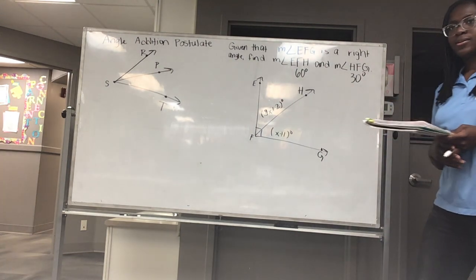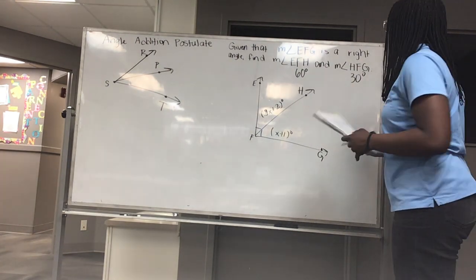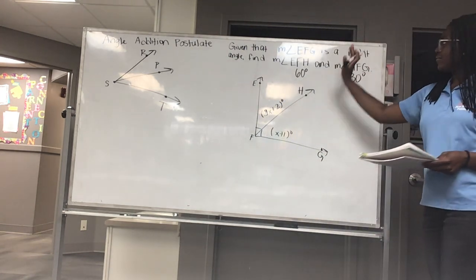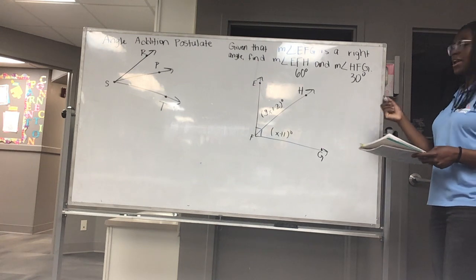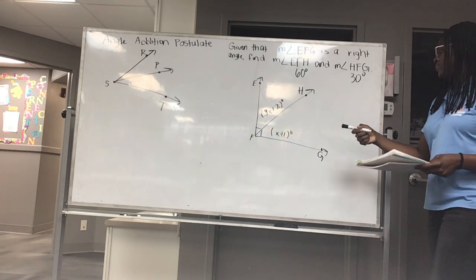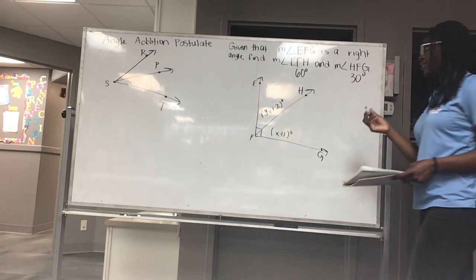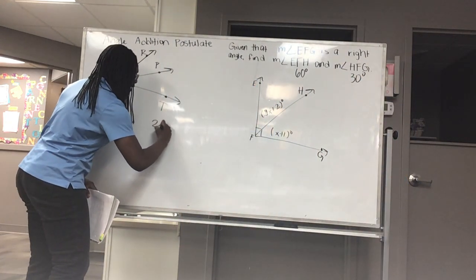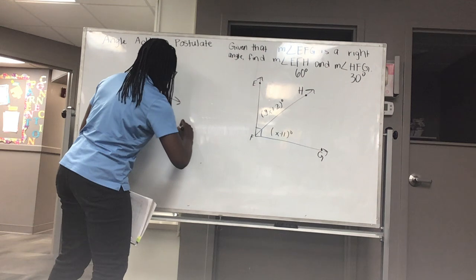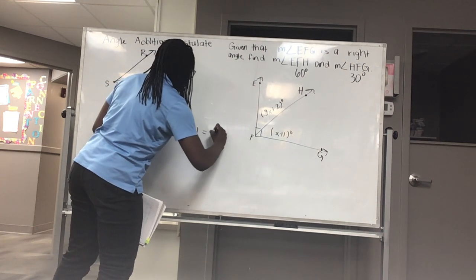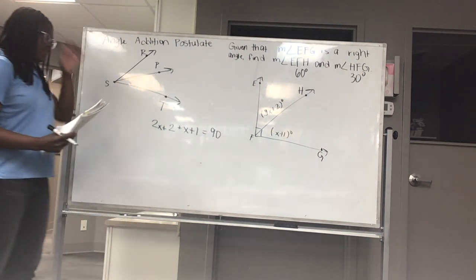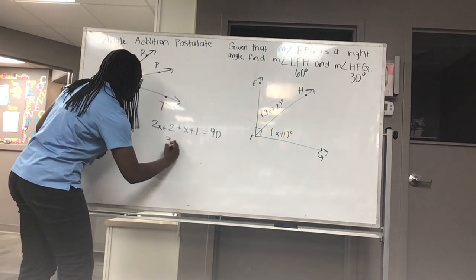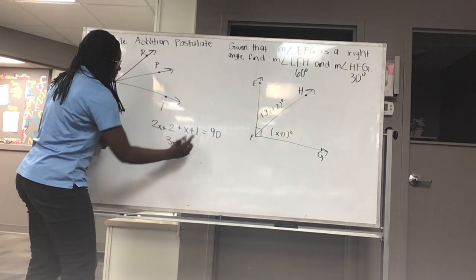Yeah, can you just write out the equations? Yeah. So because we know that EFG is a right angle, that's the total, we know it should be equal to 90 degrees. So I'm gonna write over here. I would do 2x plus 2 plus x plus 1 is equal to 90. And then from there I'm gonna, like last time, combine like terms. So 2x plus x is 3x. 2 plus 1 is 3,